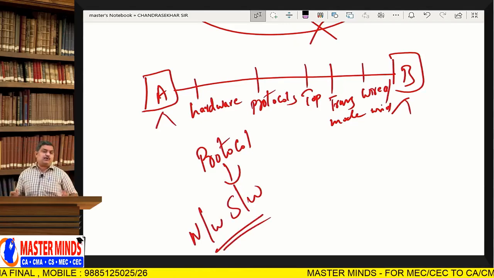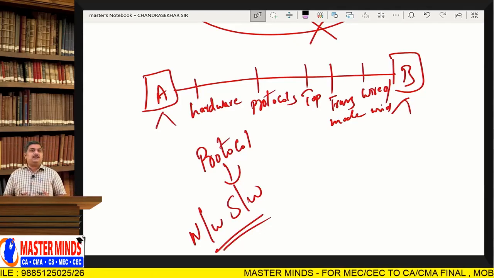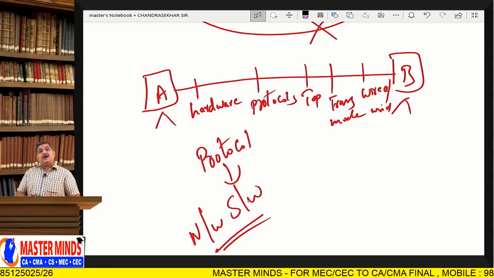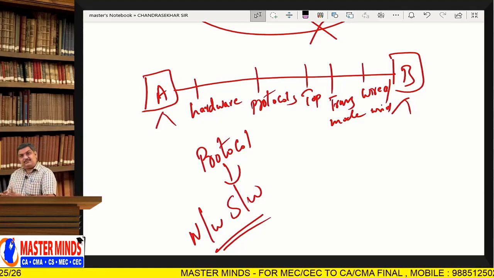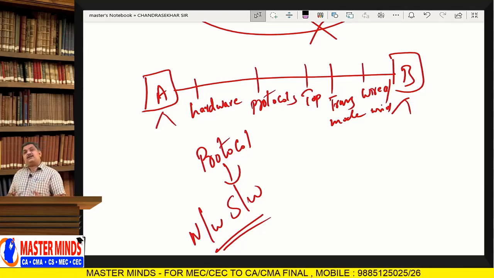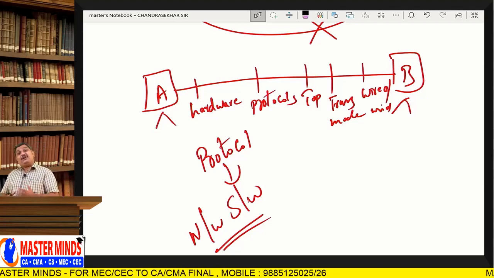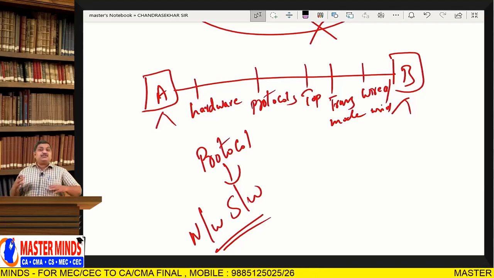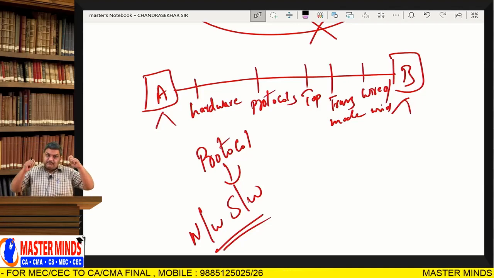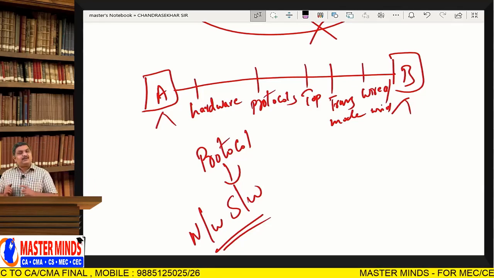We have n number of protocols like HTTP, Hypertext Transfer Protocol. It tells how to transfer hypertext from one computer to another computer. We have SMTP, Simple Mail Transfer Protocol: how to transfer mail from one computer to another computer. We have point-to-point protocol. We have FTP, File Transfer Protocol. That means there should be a method, a process, a procedure to perform anything. Isn't it right?